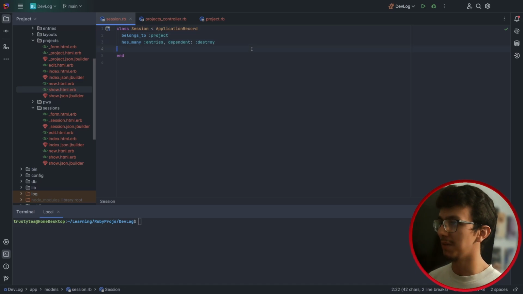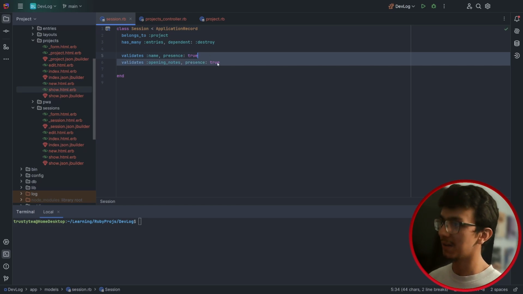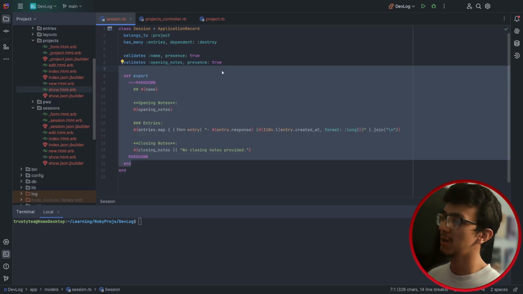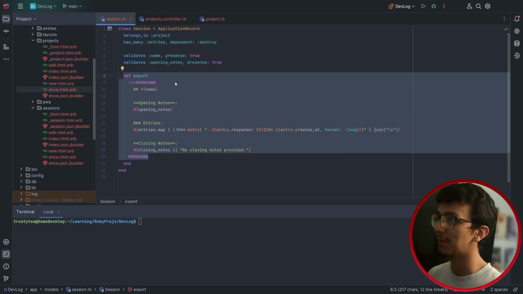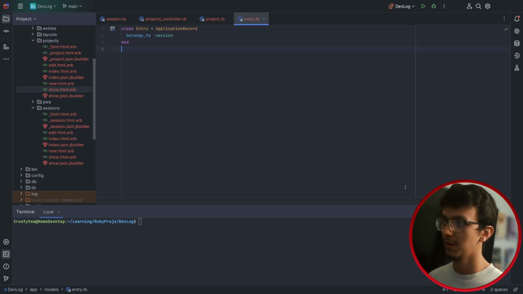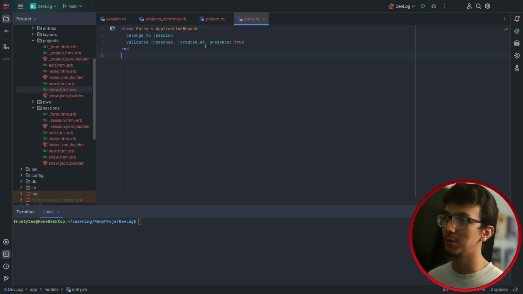So I wanted to say that each session had many entries, and I wanted to validate the name and that there are opening notes for each session. And then I created this export method, which is the export method I use when we export to Markdown. So an entry belongs to a session, and I wanted to validate that the response and created at fields were